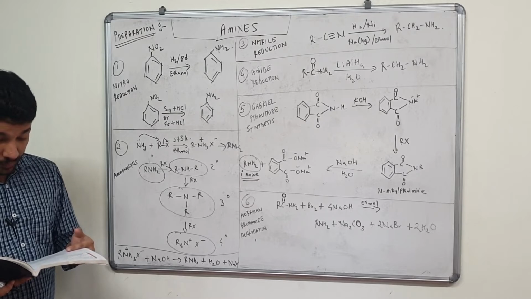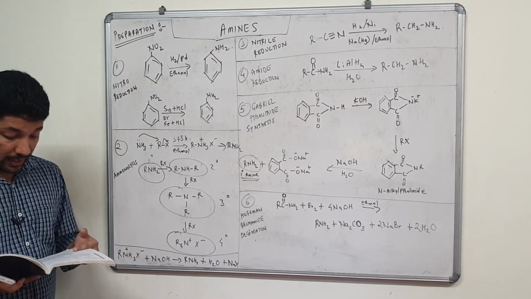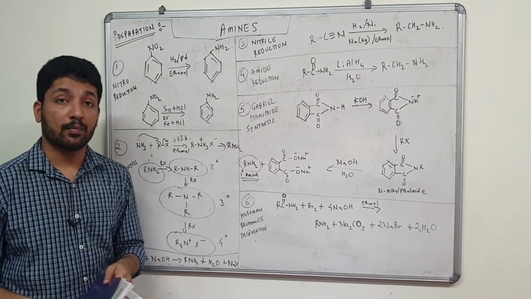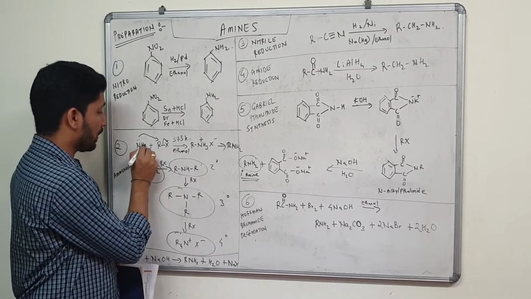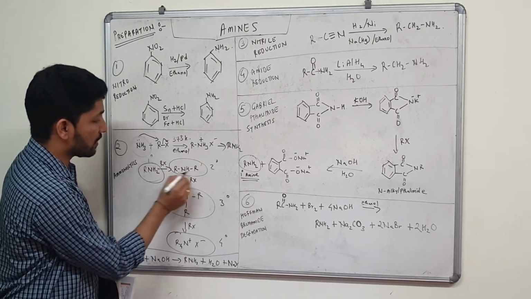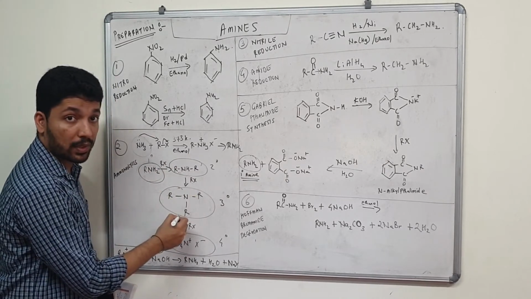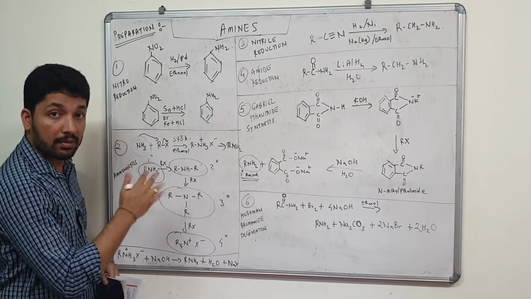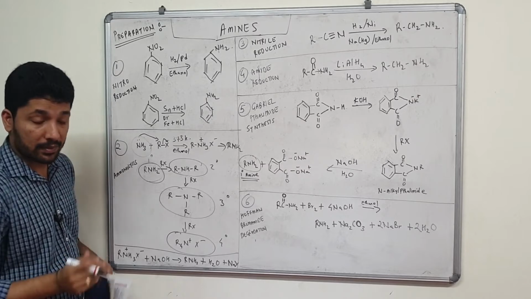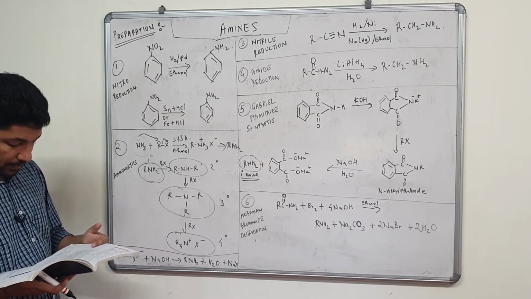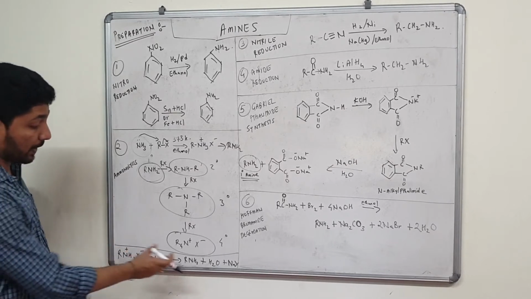The primary amine thus obtained behaves as a nucleophile and can further react with alkyl halide to form secondary and tertiary amine and finally a quaternary ammonium salt. Not only this one behaves as a nucleophile, but everybody behaves as a nucleophile at these steps, and they attack the alkyl halide and remove the halogen from there. Did you understand? The free amine can be obtained later on.